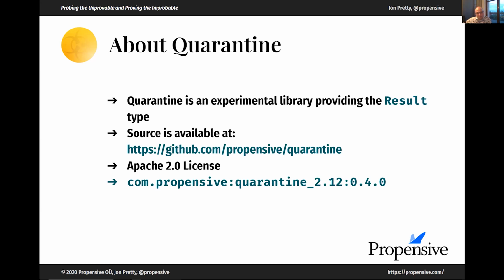I don't know what they are right now. I'm hoping that I'll be able to explore them over the coming years, and we will maybe discover some better way of merging together IOs and results and lists and options and so on. But for me, this is purely speculative at the moment.